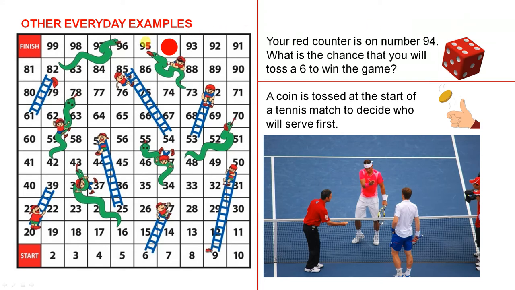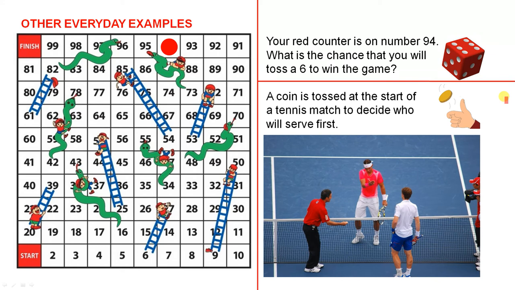Also, it is possible, as you can see, to toss a 2, and that way you'll slide down. Or it's possible to toss, say, a 1, or a 3, or a 4, or a 5, which means you actually won't win, but you'll get closer to the finish. So there are a lot of possibilities there, and that's a perfect example of chance.